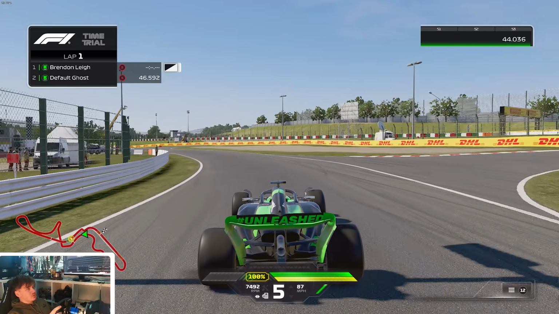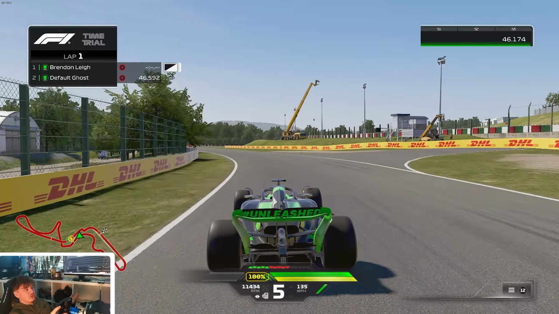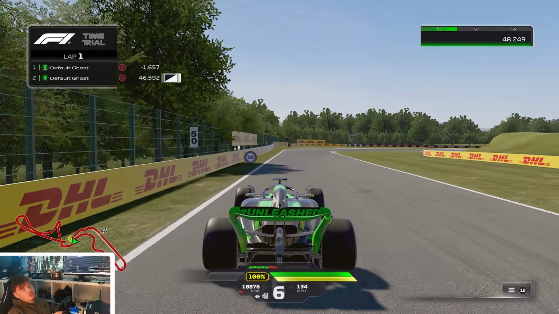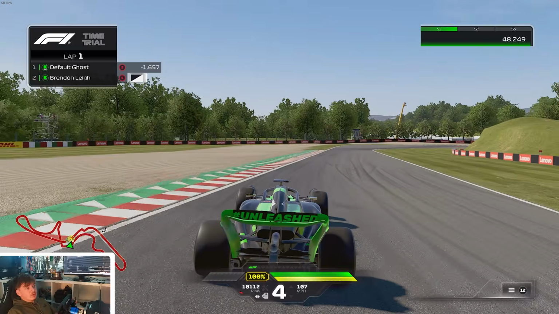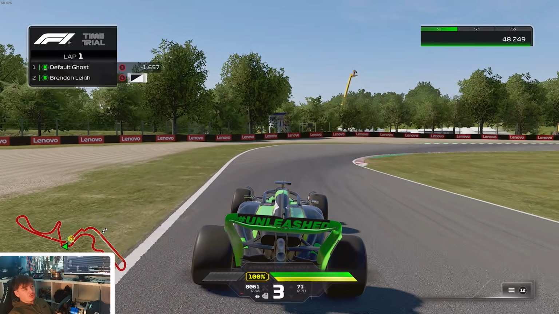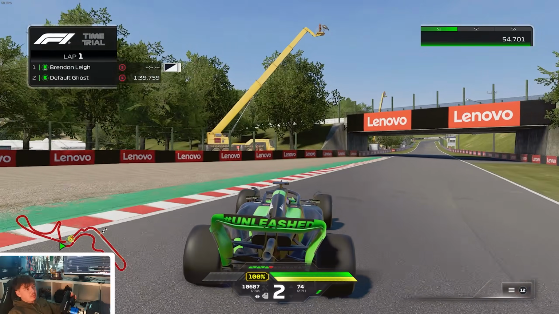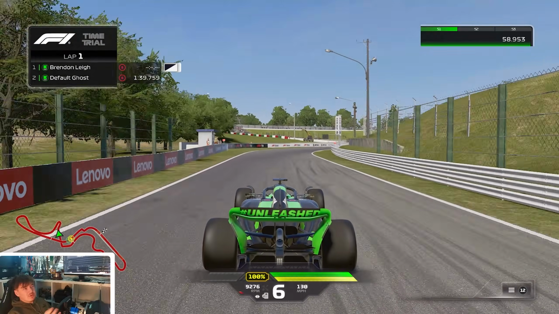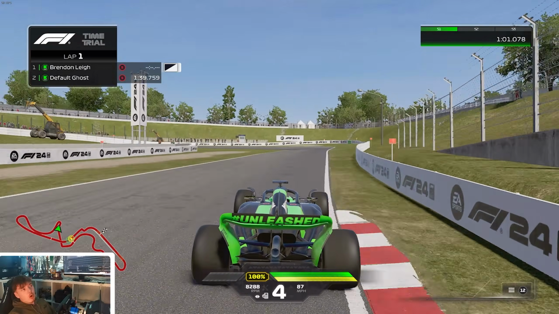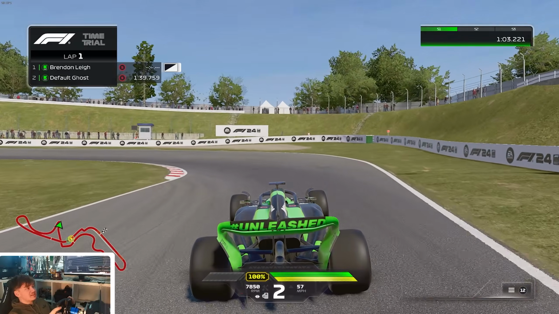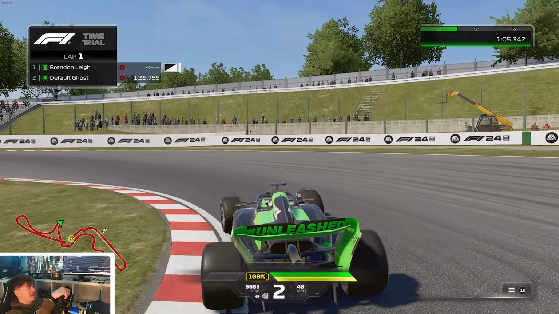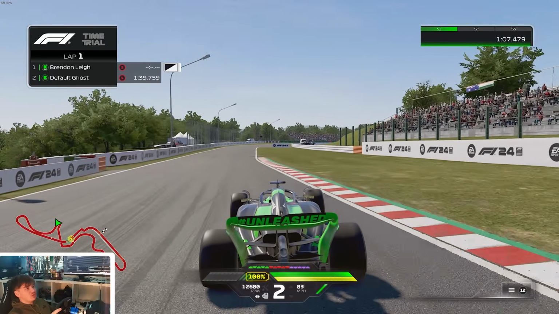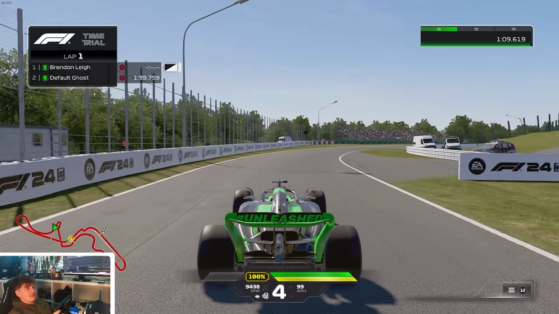We're often lured into a false sense of security with the suspension setup, to be honest, because we're so often told that the softer you go on the suspension, especially on the rear spring, the better the traction will be, and the stiffer you go on the rear spring, the worse the traction will be. It's a very simple definition that we've probably all heard around racing cars and racing setups, especially in the Formula 1 game. And to a certain degree, that is true,